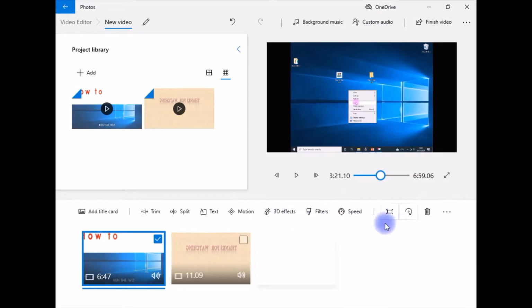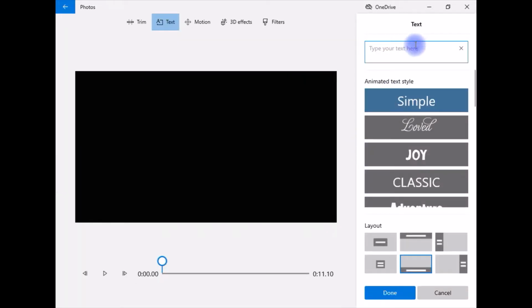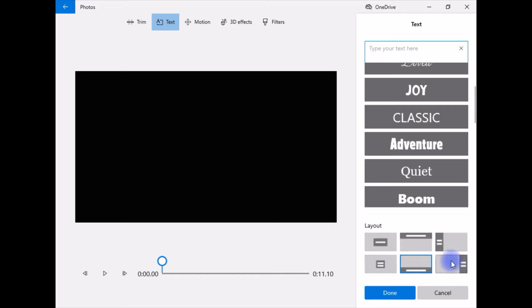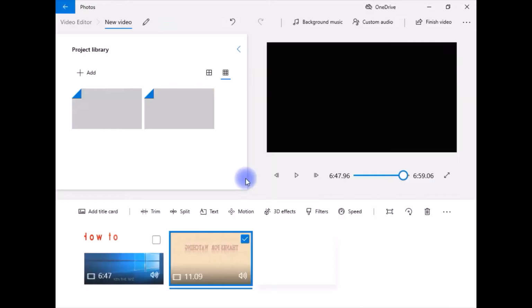These are the effects applied. You just have to select the file you want to add an effect to. If it is this one, just come to text, then a text pane will open, and it has also the layout where you can choose from to give your video file